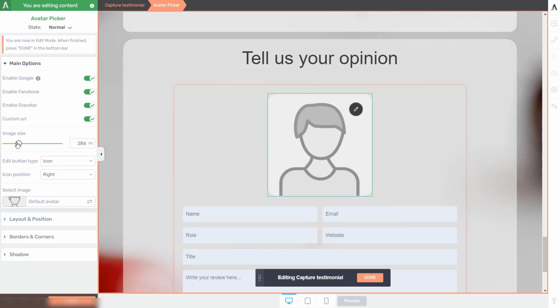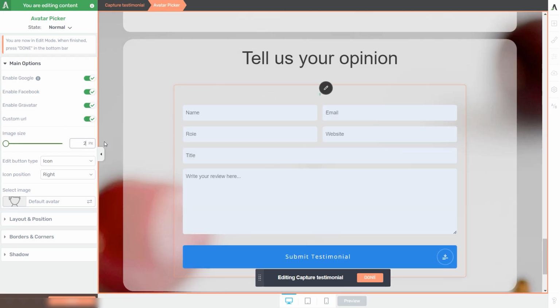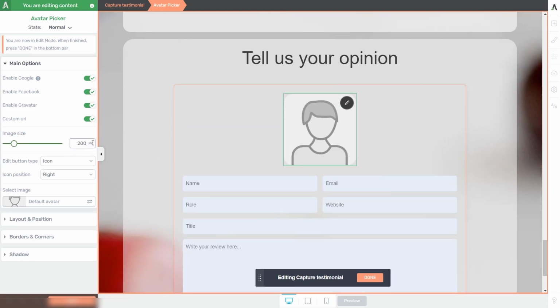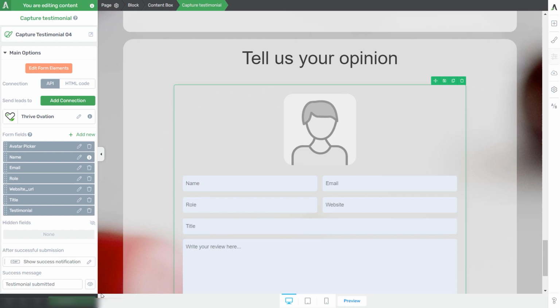image. We can edit the image size by dragging this slider from left to right, or by adding a numerical value in this field right next to the slider. We can also choose the button type, for which we have two options. So we are referring to this edit button right here, which can be an icon or it can be an overlay. And if we go for this option, I'm going to go ahead and preview the page to show you